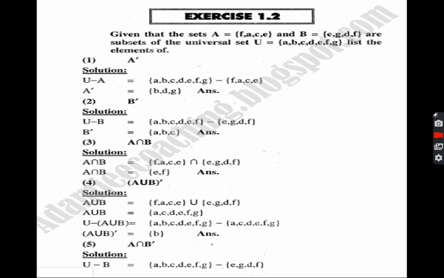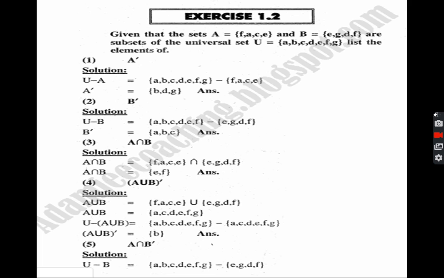Number 4, bracket A union B whole complement. इसमें हम ये कहते हैं A यूनियन B की वैल्यू, हम A की वैल्यू लेकर B की वैल्यू। अब यूनियन में जो है ना, हम सारे एलिमेंट्स मिलाकर लिख देते हैं और वो सीक्वेंस में होते हैं, और जो सेम होते हैं वो हम नहीं लिखते। अब देखें A, अब हमारे पास A रह गया, C रह गया, D हो गया, E लिखेंगे, F हो गया, और उसके बाद G। अब यहाँ है कॉम्प्लीमेंट U माइनस जो वैल्यू होती है, उसे लिखते हैं A यूनियन B।